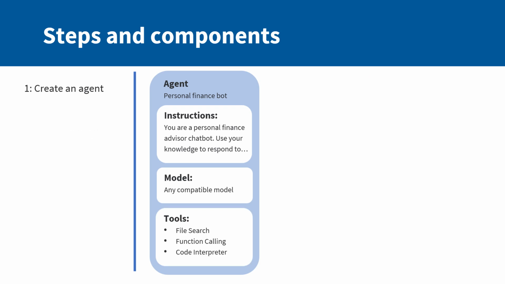The optional piece is to provide it a set of tools. These tools let the agent retrieve knowledge or take action. And I'll actually discuss more about this in the upcoming videos. So these tools provide the agent more capabilities. In this case, for file search, if you uploaded a set of files, it will answer questions